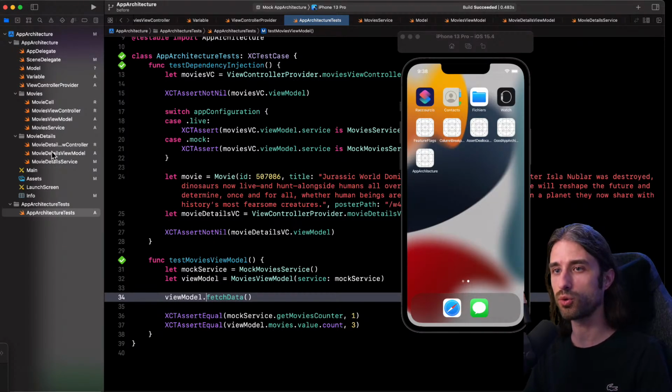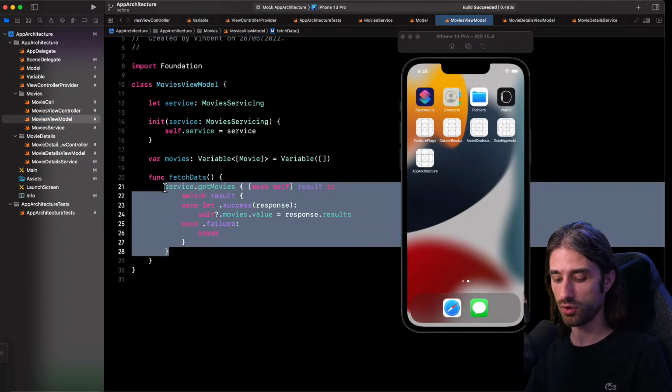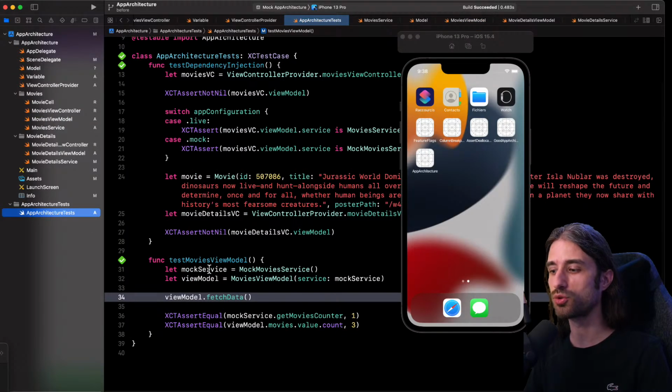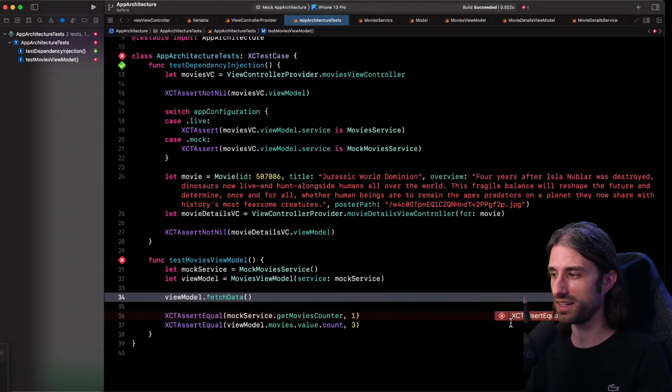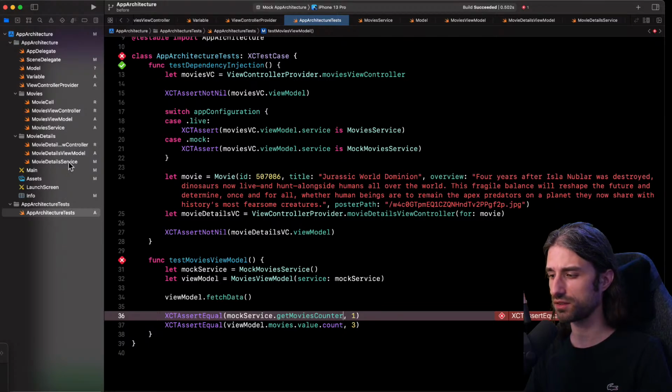And let's just introduce a mistake to make sure it indeed does the job. So let's say, I don't know, I did a bad copy paste and I'm calling the method twice. Actually, it looks stupid when I do it on purpose, but it is the kind of thing that happens easier than we would like it to, but that's life. So let's try to see. As you can see, this time the test failed, and it says XCTAssertEqual failed, 2 is not equal to 1, because the method was called twice and my test has successfully caught it.